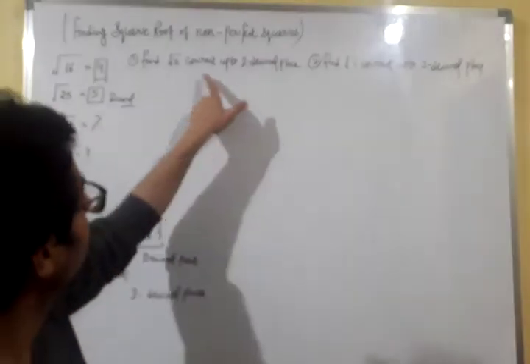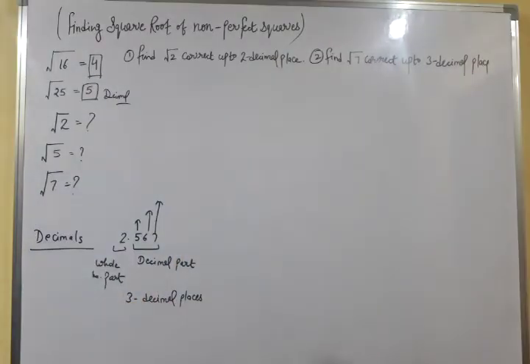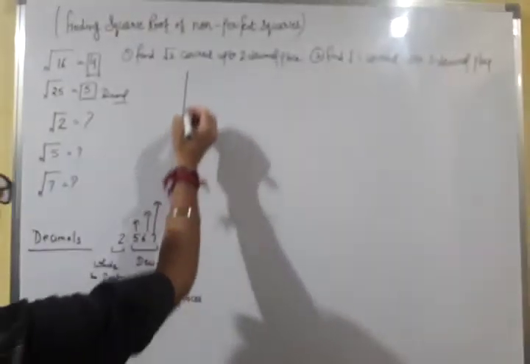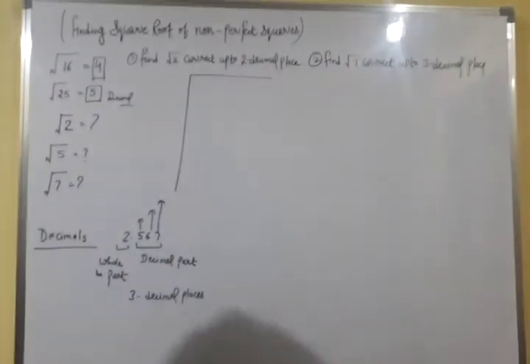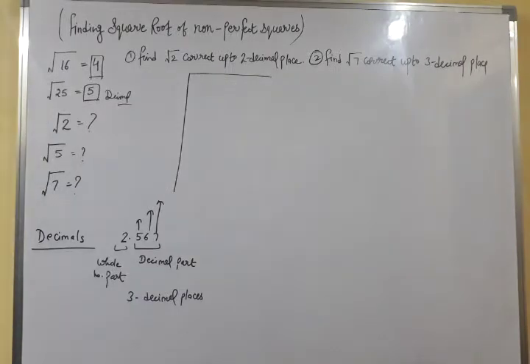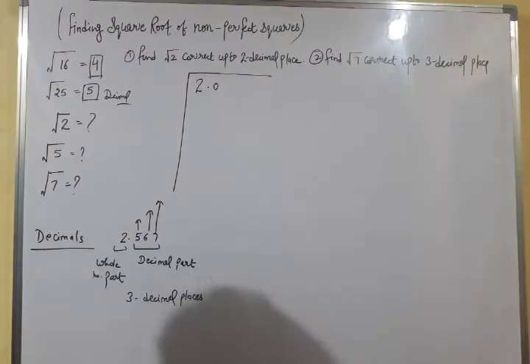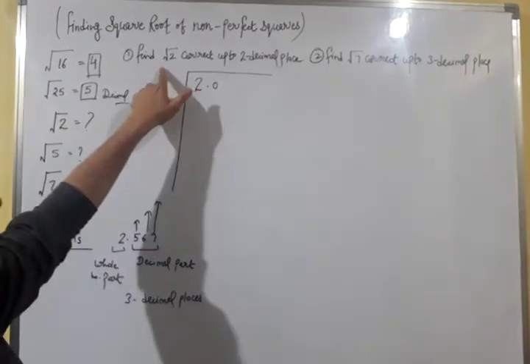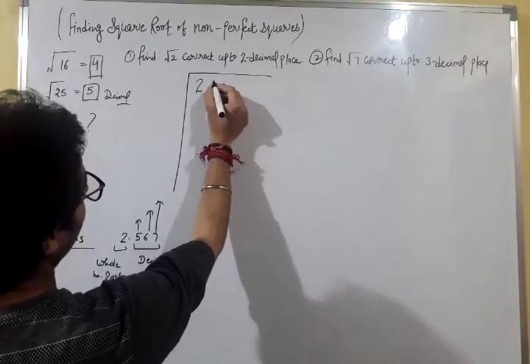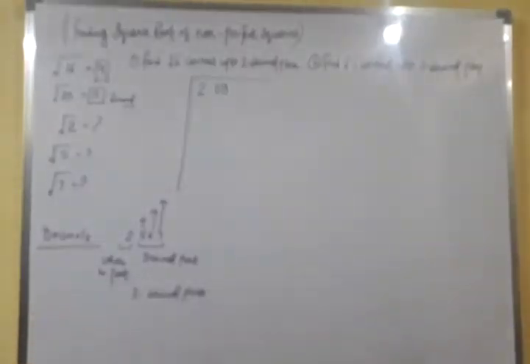Therefore, we will relate the decimal places of this question with the decimal part. If we want to find the square root of 2, we have to follow the long division method. Here we will write 2. 2 can be written as 2.0, but while we find the square root, 20 will make one period, or we can say one decimal place.